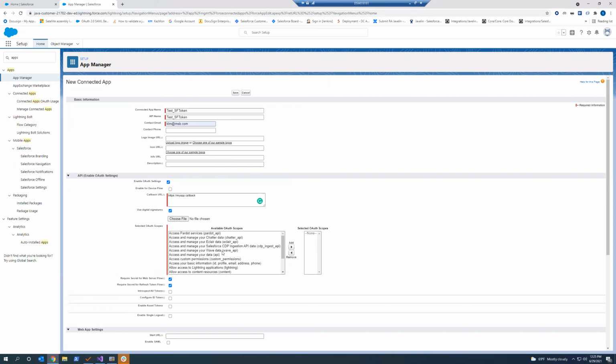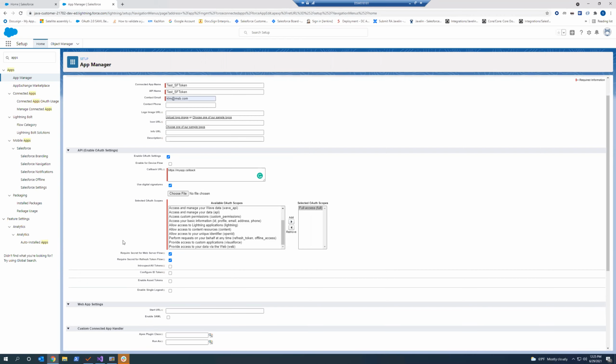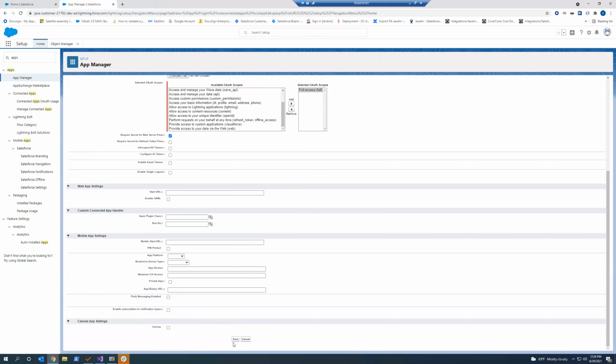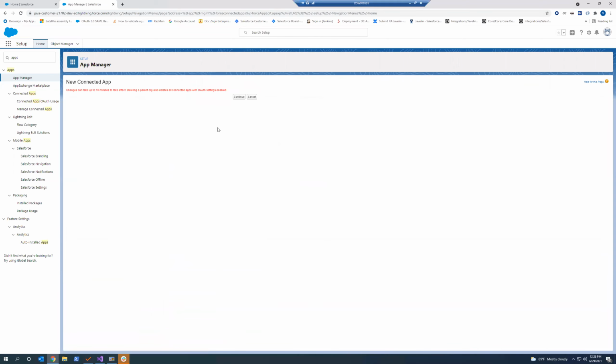In Selected OAuth Scopes, these are the scopes which we talked about earlier. Since this will be used on behalf of an admin, you can provide all of these available OAuth scopes. You want to provide Chatter API, and you want to provide full access. Usually for an admin you can provide full access, not for other users. Then there is Require Secret for Web Server Flow. This means please sign my certificate. And Salesforce, if you want to have the refresh token flow as well, which is not required here because it's so simple that you can generate a new access token every single time. That's pretty much it. It will take 10 minutes to get up, and then your app should be ready.